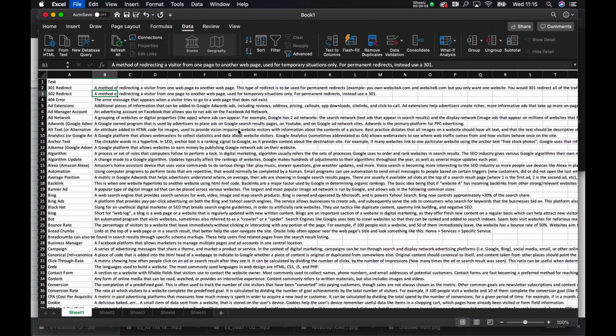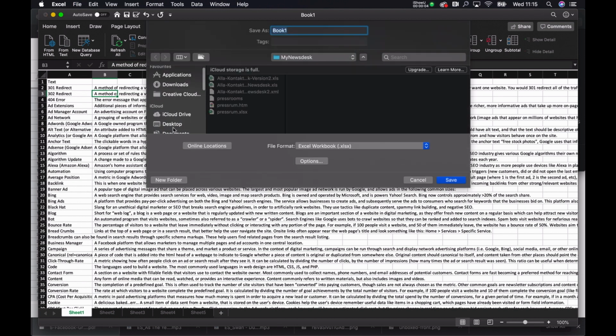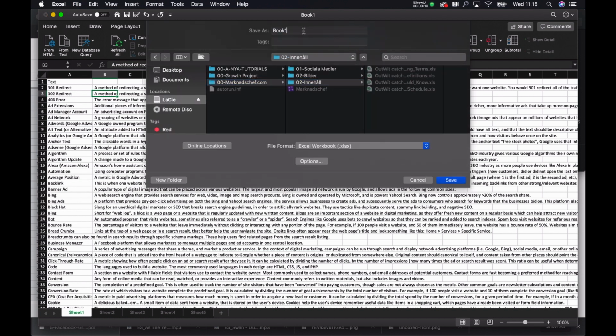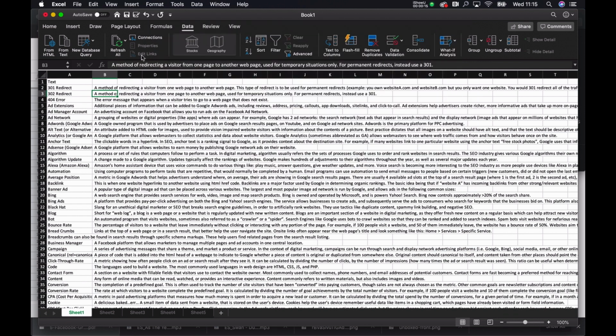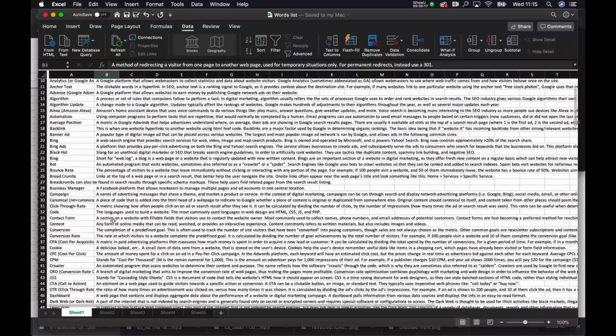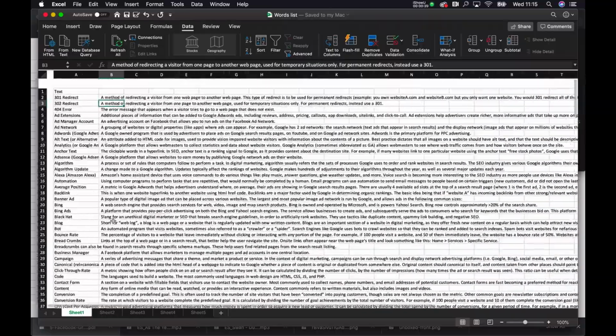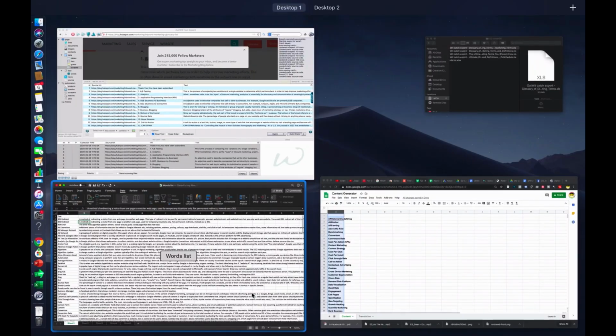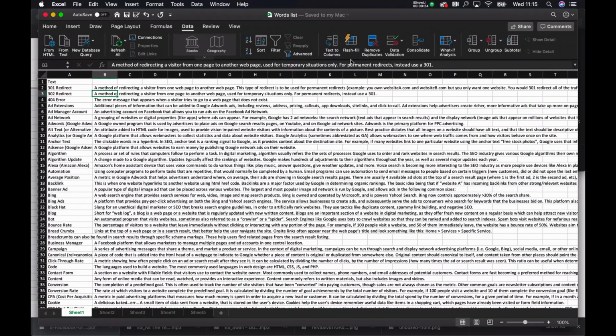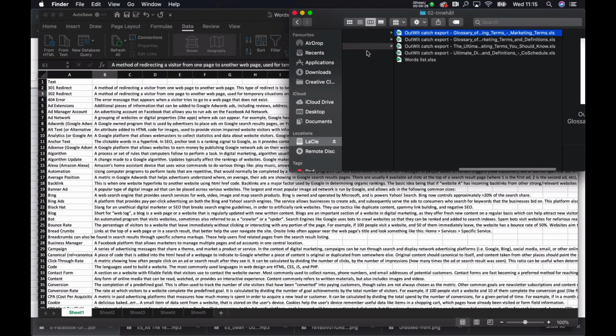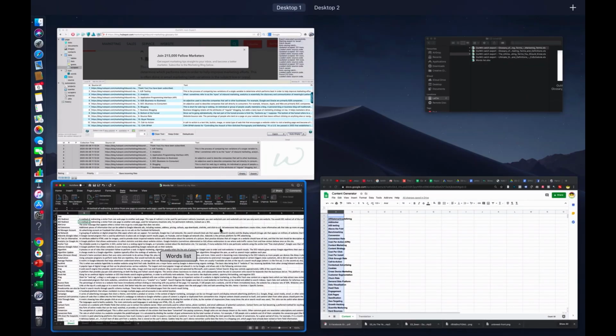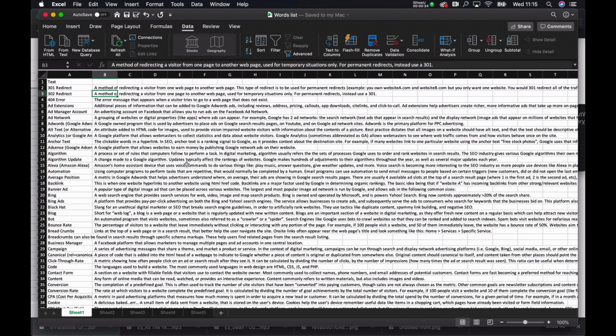So now what I do is that I save my keyword sheet into my words list, like so, and I'm just going to look through here. All right, and then that's all I have to do. So I have all the scraped results here, and I have the words list that we also scraped. We have a bit of content in here, and we're going to use that content actually for our next step,